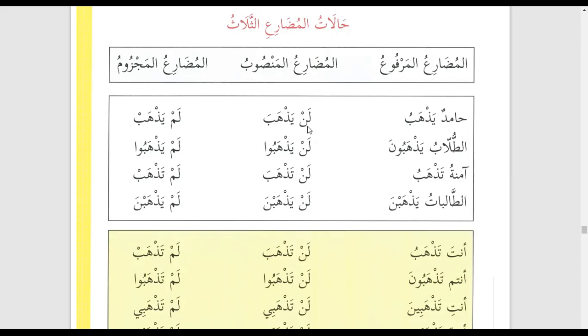If the verb has una, then what will we do? The noon is dropped. And when we have the verb with ina, then what happens? Also, the noon is dropped. That's what the whole unit is all about. If you remember that, that is enough, because we have discussed that several times. If you want to, you can go through it by yourselves and see that here it is dhamma, here it is fatha, and here it is majzoom. Dhamma has been dropped, and here we have una.